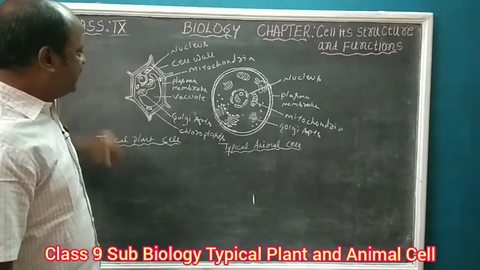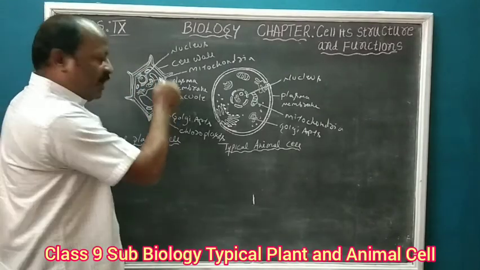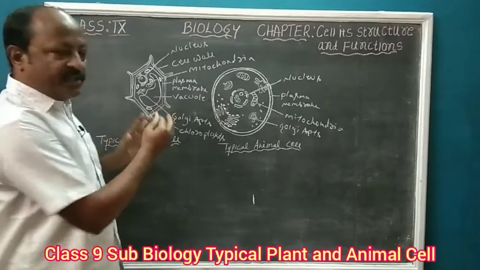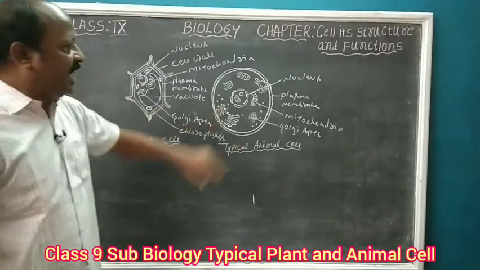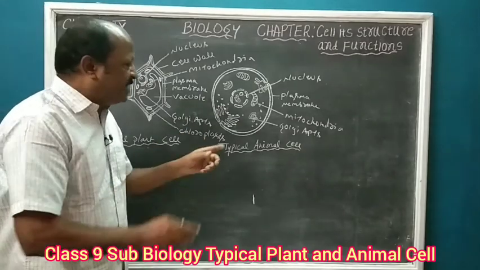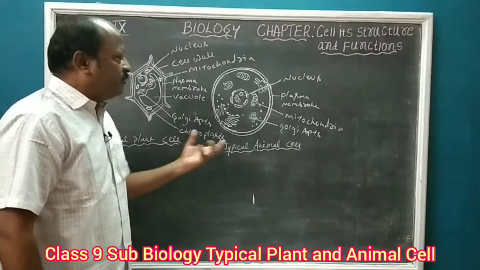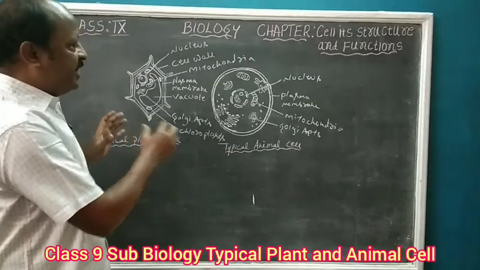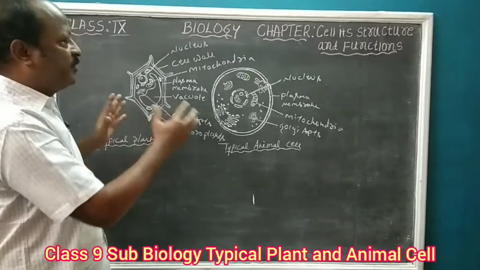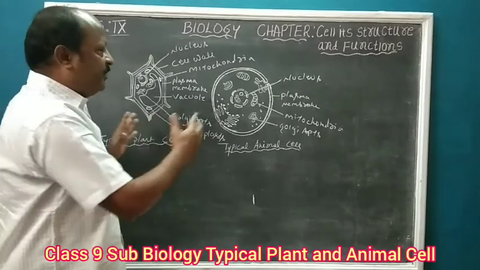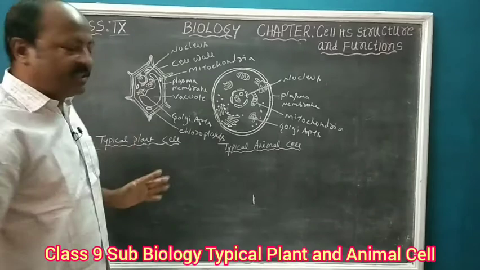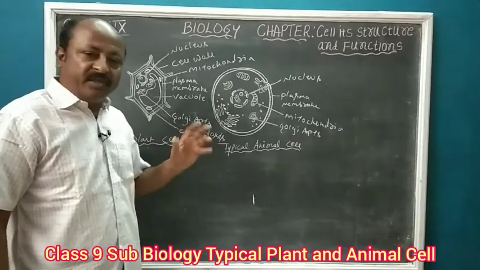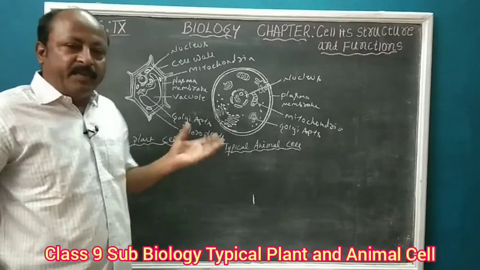And in the case of the plant cell, there is an extra covering above the plasma membrane, that's called the cell wall, which is very rigid and gives a particular shape to the plant cell, whereas in the animal cell there is a flexible plasma membrane which gives either a round or spherical shape to the animal cell. So in this way, when we compare the plant cell with the animal cell, we have got similarities and we have got differences. But the major difference is, in the plant cell we have got a big vacuole and we have got chloroplast. In the case of the animal cell, both of them are absent. Vacuole can be present or absent.